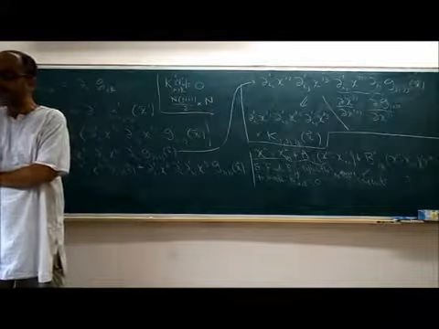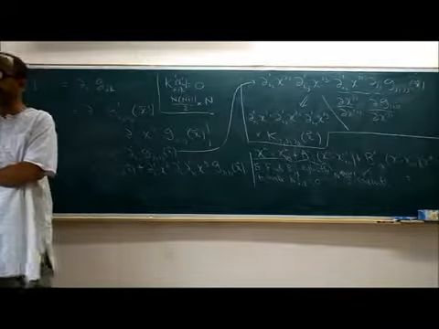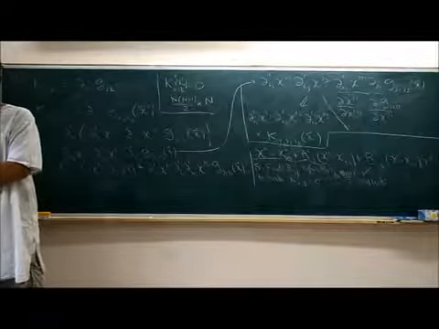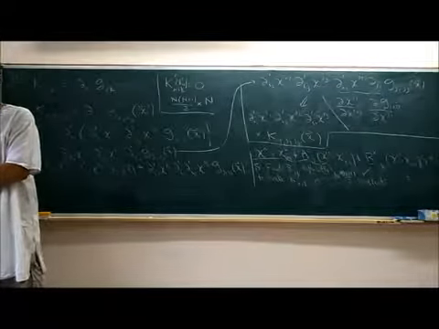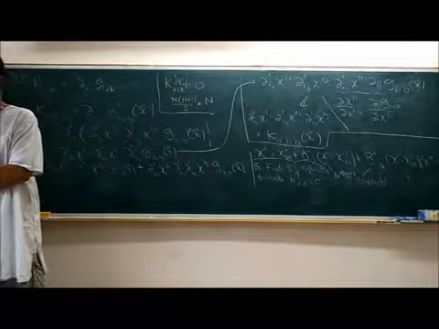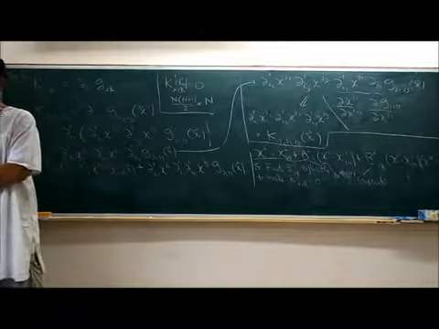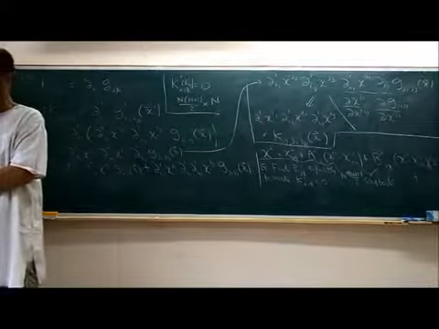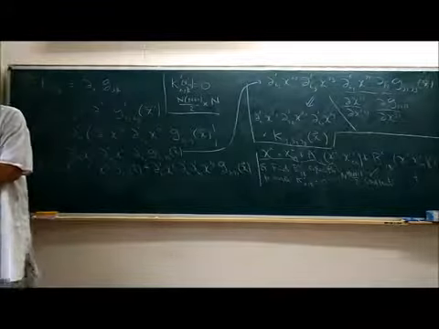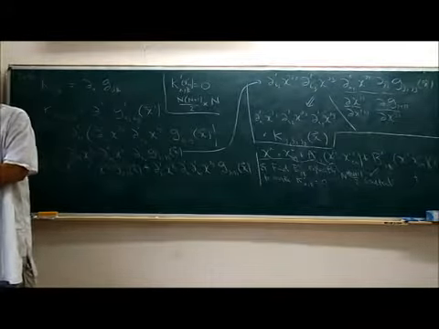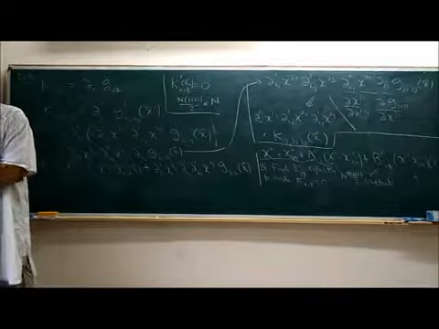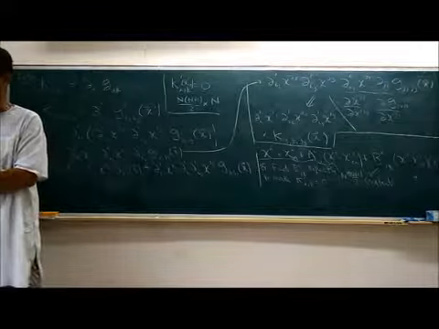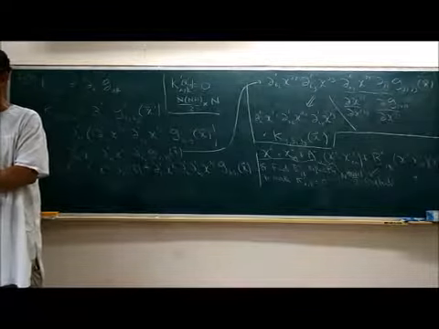Yes, sir. If there is a coordinate singularity, then the tensor may appear as vanishing, even though it's not really 0. But at a generic point, you don't consider coordinate singularities. So this analysis is valid as long as the coordinate system that you have chosen is non-singular. If it's a singular coordinate transformation, then you have to be a little more careful in identifying whether 0 really means 0 or not. But as long as the coordinate system is non-singular, going from one non-singular coordinate system to another non-singular coordinate system cannot make a 0 tensor into a non-zero tensor.